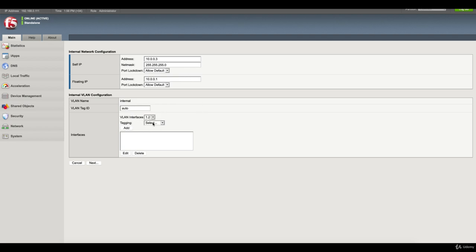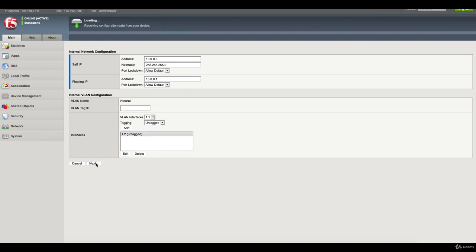The interface inside is 1.2, untagged, click add. So in one step, we are configuring VLAN for the internal, we are configuring self IP for the internal, and we are configuring floating IP. Next,